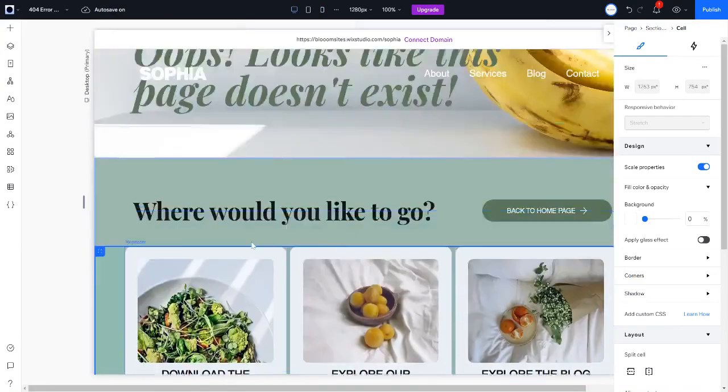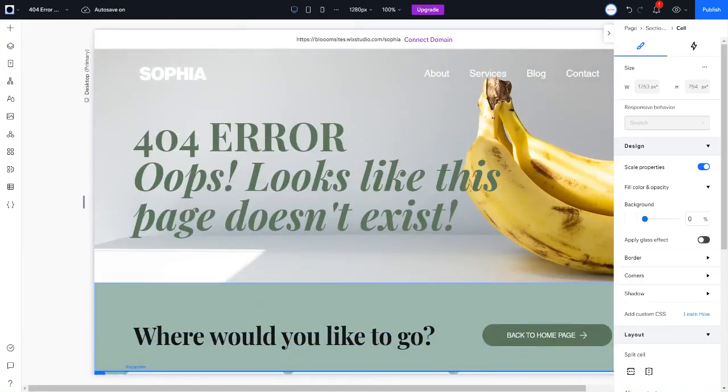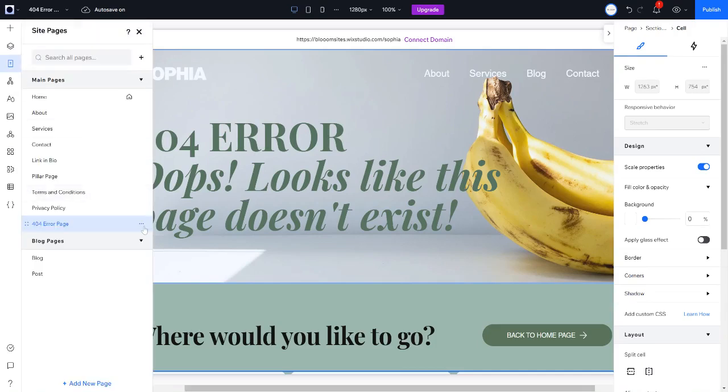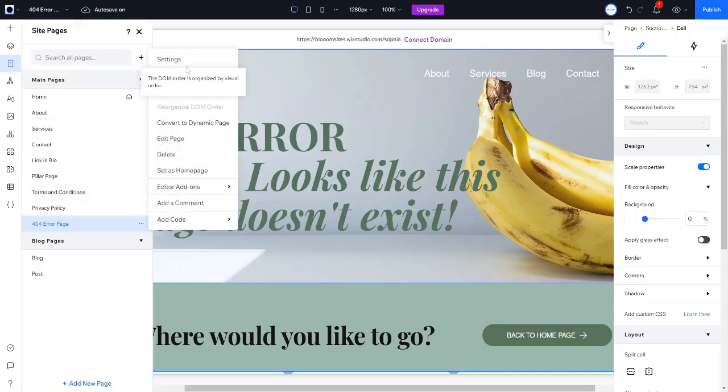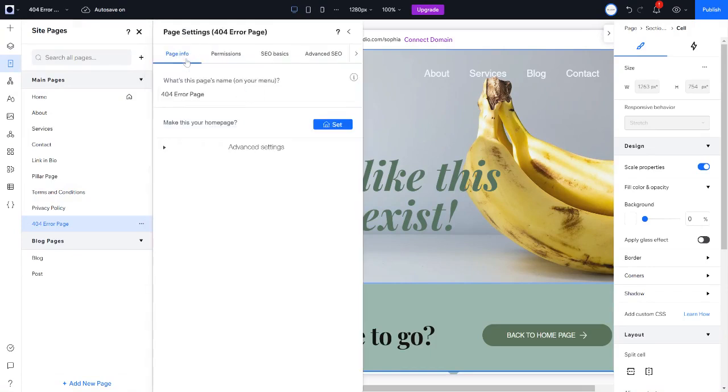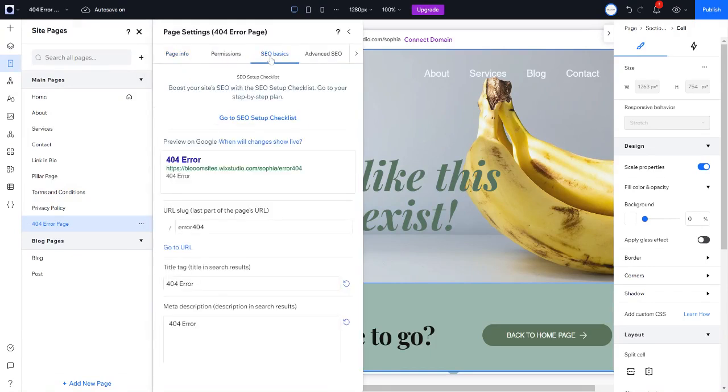The most important part of your 404 error page, and in order to ensure that it actually functions as a 404 error page, is to pop into the Pages tab here, click these 3 dots, and go to Settings and SEO Basics. Error 404, just like this, must be set as the URL slug for this page, because if this exact error 404